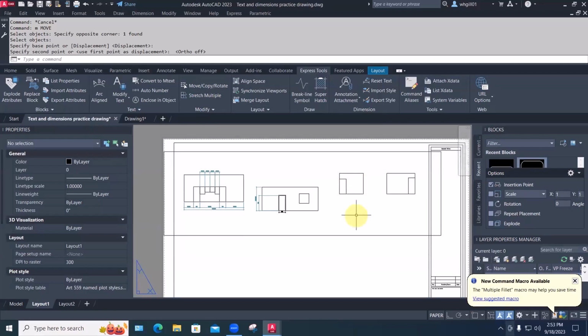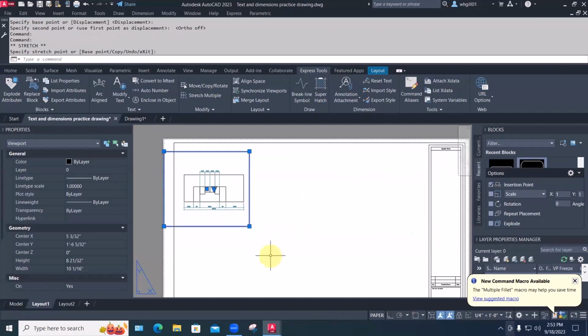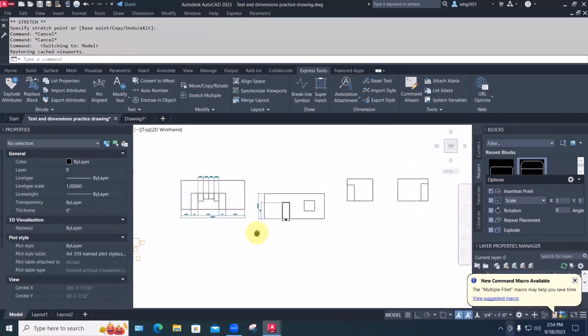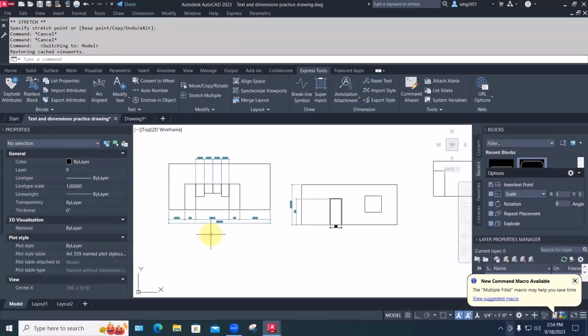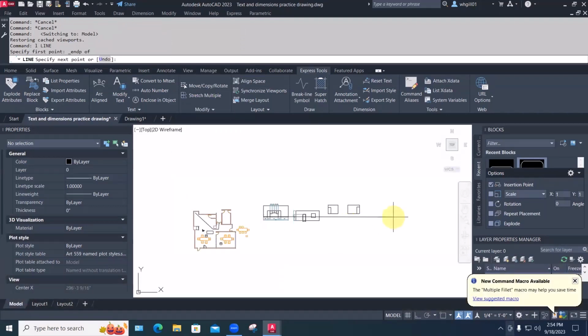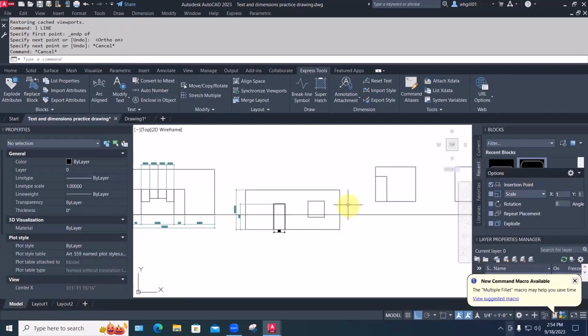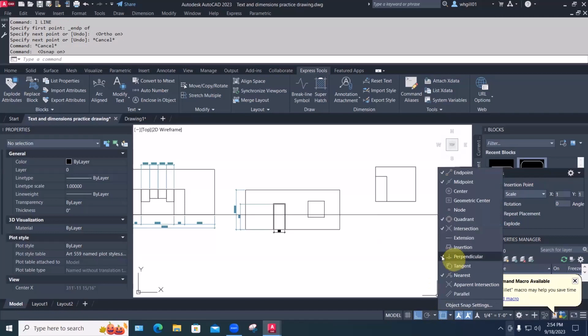So if we're getting them lined up, we've got two ways to do that. We could create a separate view out here for each of these, and then line the views up. That's really the hard way to go about it. A much better possibility is to go back into model space. Maybe we just draw a line from here to here, like this, with the ortho turned on, and then move all of them so that that's the bottom of each of them. And it's going to help for this to have the perpendicular object snap turned on,